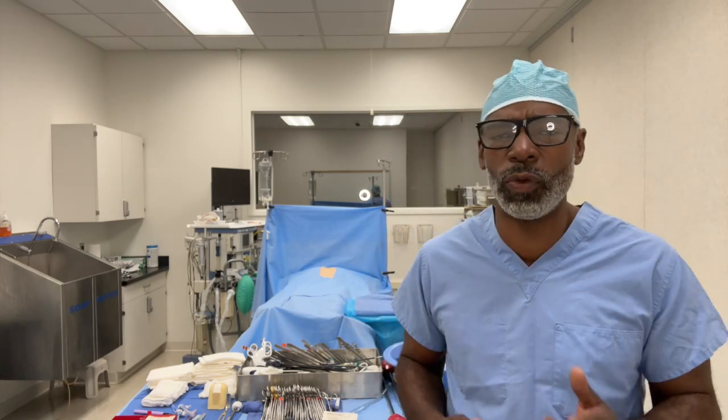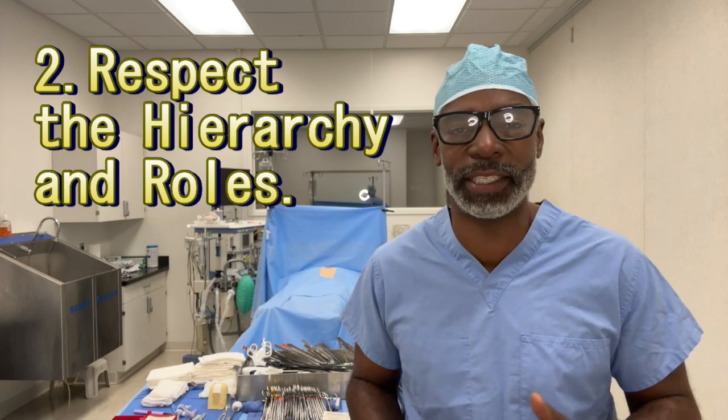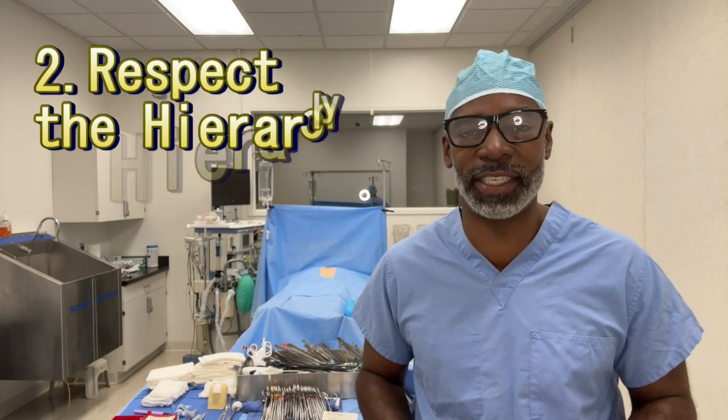Actually, when new people enter the operating room environment, I like to keep it simple and just tell them, don't touch anything surgically blue unless properly scrubbed, gowned, and gloved. Number 2, respect the hierarchy and roles. Acknowledge and respect the roles and responsibilities of all team members, from surgeons to nurses, anesthesiologists, and of course, surgical